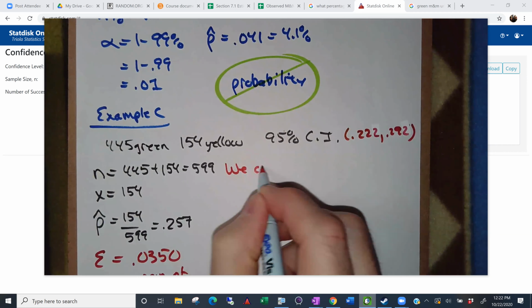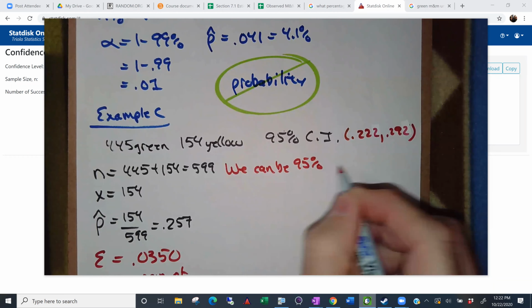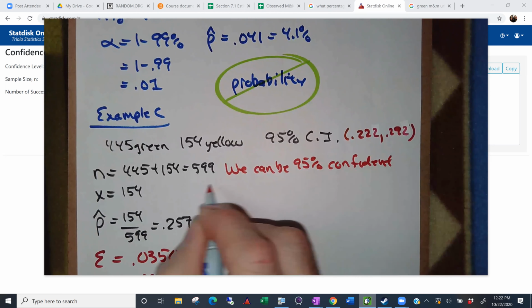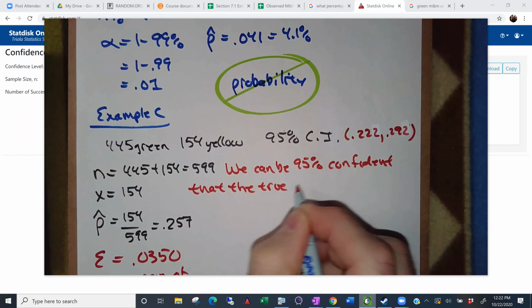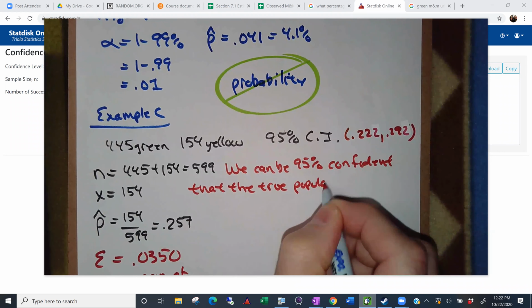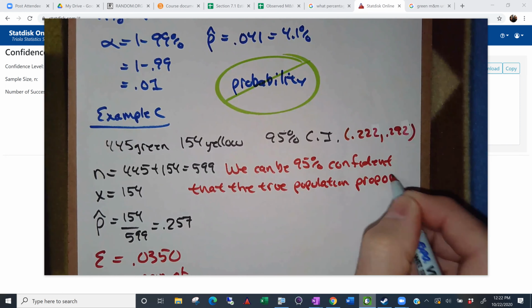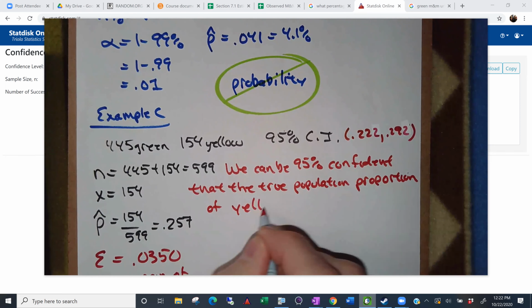We can be 95% confident that the true population proportion of yellow peas,